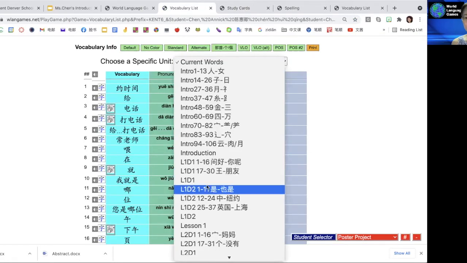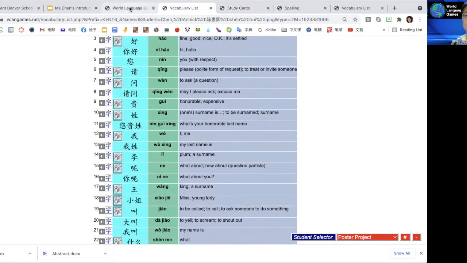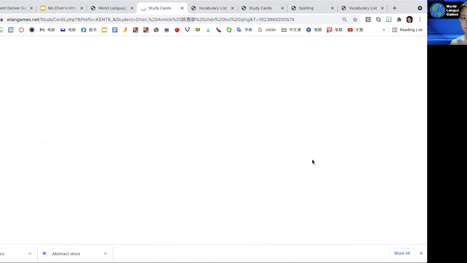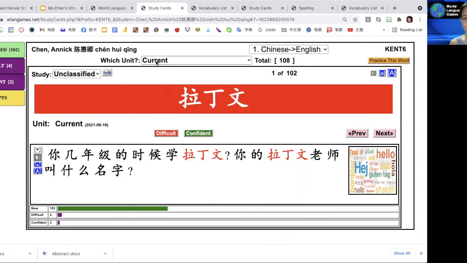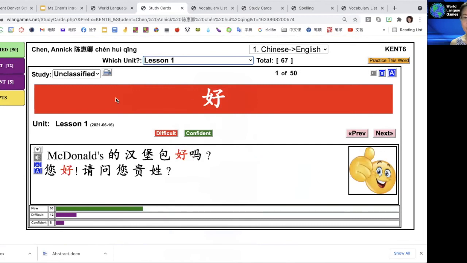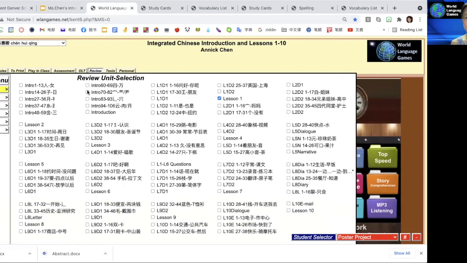and select lesson 1. Do a quick review by just looking through the words. And then the second one, I'm going to show you this fast way. Study card is right here. You click on it, and then you will be able to select lesson 1 unit. And then you can categorize that. After you study, you can go to the World Language Games page again. Let me show you. You go to review. And of course, we need to make sure that we select lesson 1, all of the vocabulary words from lesson 1. Then we select the bottom part